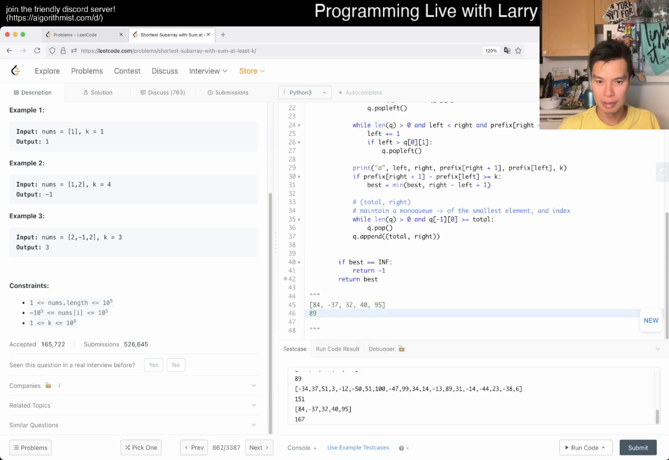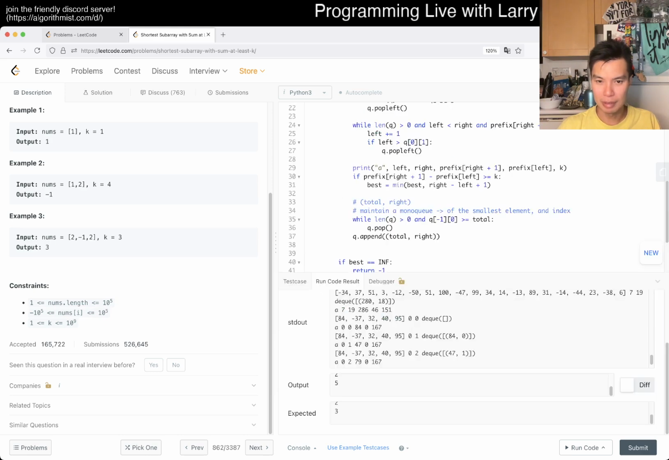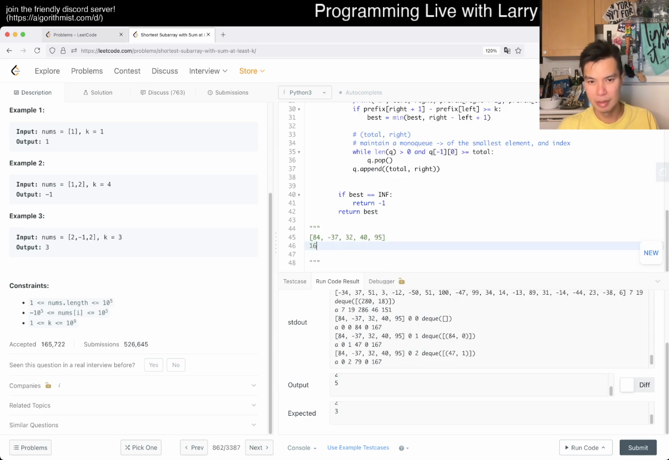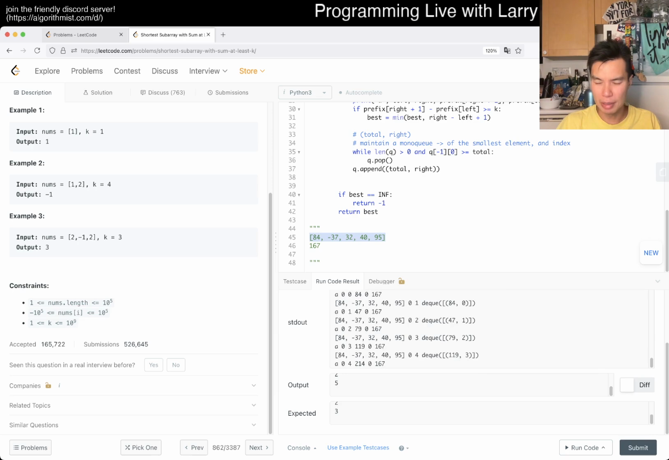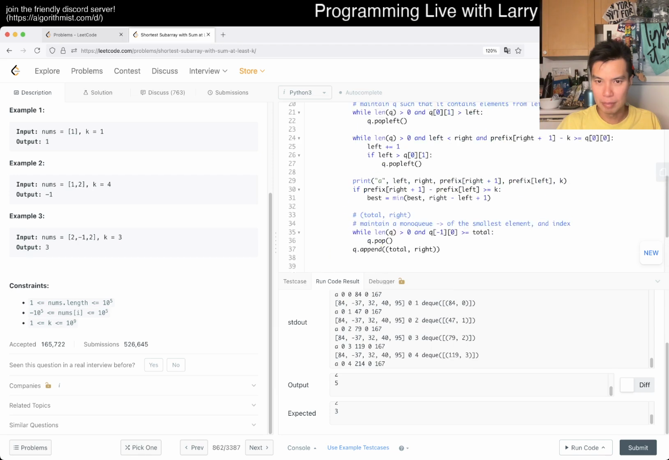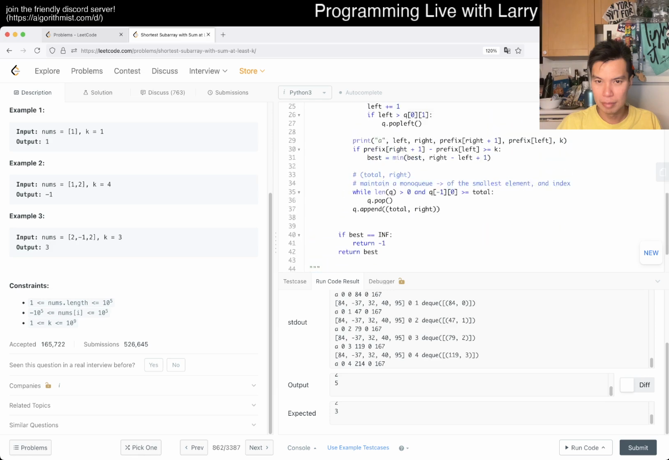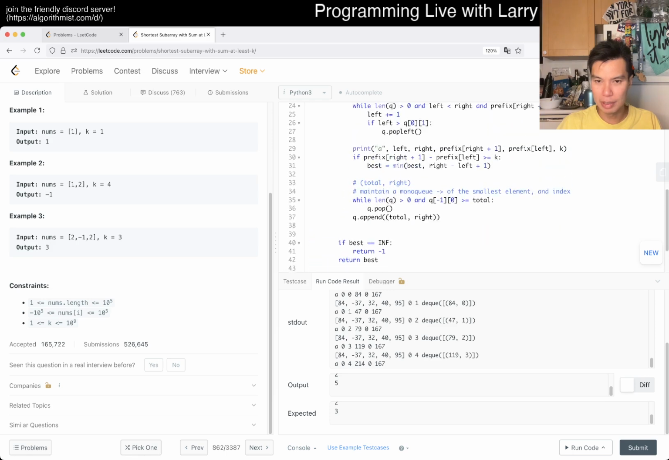Yeah. 167. So then now we have this number. 84 is the min, okay. 47 is the min, okay. 79 is the min, okay. 119 is the min, okay. But then now we have to go to 4. 0, 4, 214, and we're happy. Kind of, right? So we have this, but then now